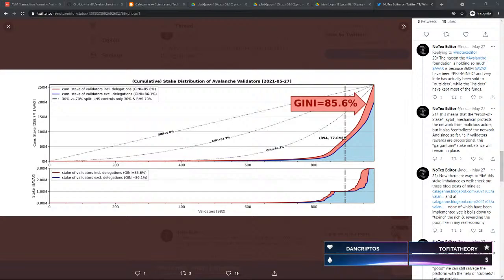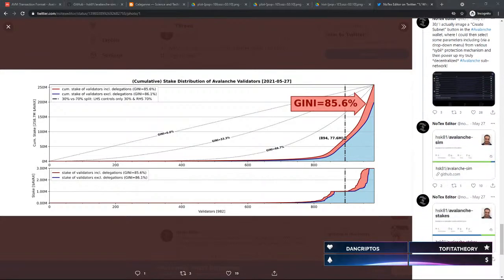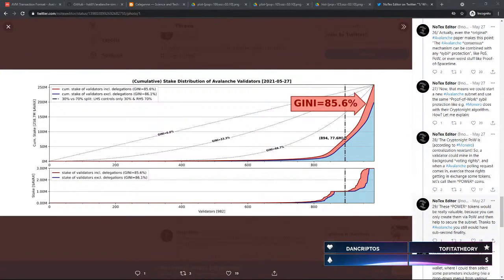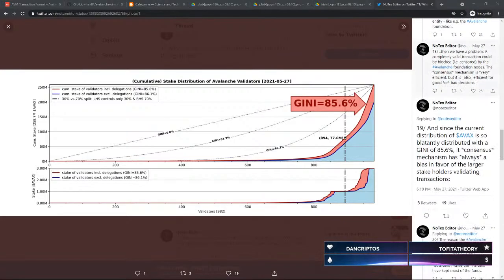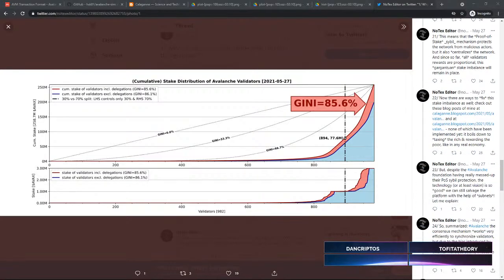I call this imbalance. It's skewedness, how skewed the distribution is. You see it in the graph below. The graph below is the actual distribution, and the graph on the top. The blue versus the red? No. Blue is own stake. Red is own plus delegated stake. And there are two pictures here, right? On top and below. Yep. Got it. So the graph below is the actual AVAX distribution. You see the vertical scale maxes out at 3 million. 3 million. Yep.